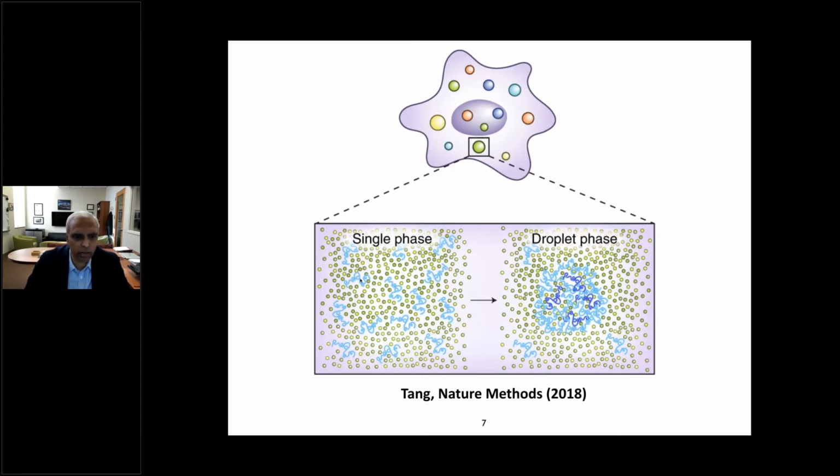So shown here on the left are polymers sketched as these sort of noodly looking structures in blue that are part of a milieu, could very well be the cytoplasm or the nucleoplasm. And in the presence of some trigger, and/or an overexpression of the protein or polymers in question, shown in blue, effectively one sees the formation of a droplet that basically is a condensate or a membraneless organelle that basically